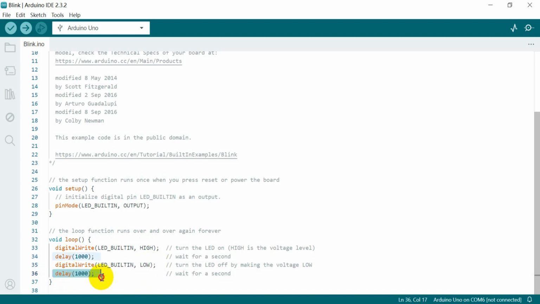And then the last line in the loop is to delay it for another second, or 1000 milliseconds if you will, after which it sees the ending curly bracket for the loop function and loops back to the start and runs it again. It turns the LED on, waits a second, turns it off, waits a second, loops again, turns it on, waits a second, turns it off, and waits for another second. Alright, so now that we understand the gist of the code, there's a setup and a loop section,